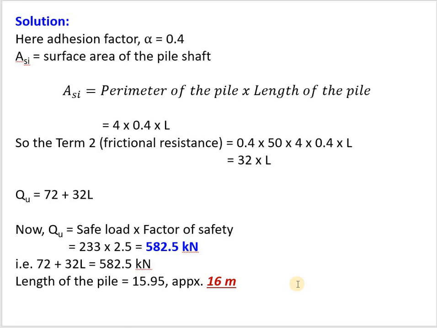So these are the two major types of problem coming from this particular section, that is to find the pile capacity based on the static approach. One is for a cohesive soil and another one is for cohesionless soil. So if you have any doubt regarding these problems, you can ask me. Okay, so in the next class we will deal with the pile capacity based on the dynamic approach. Okay, thank you.